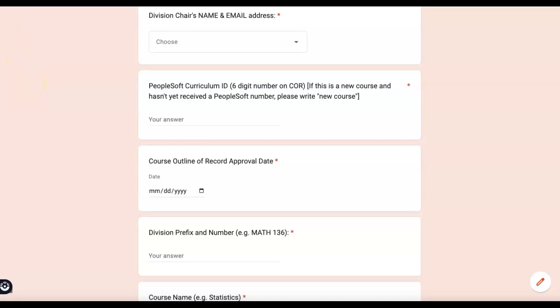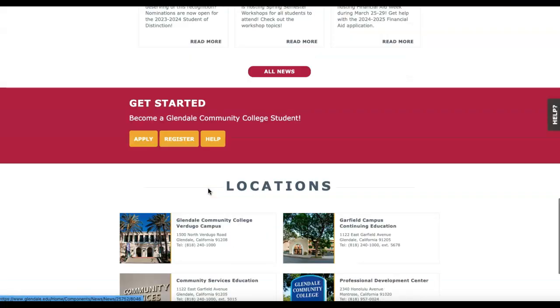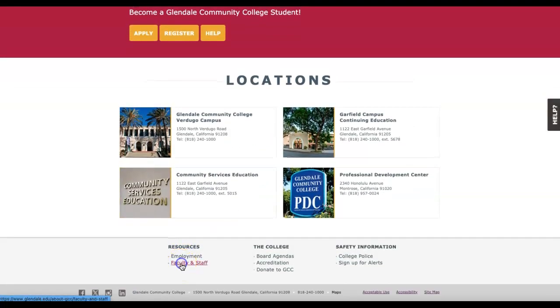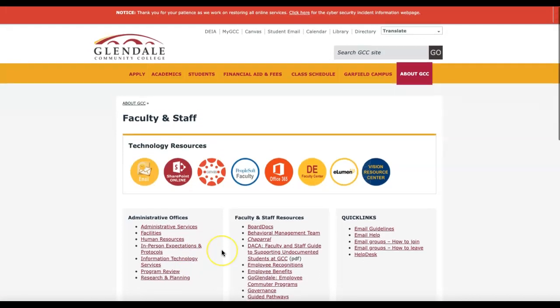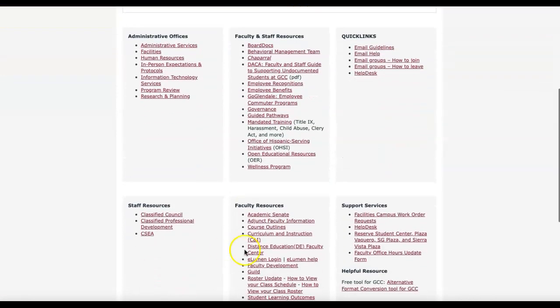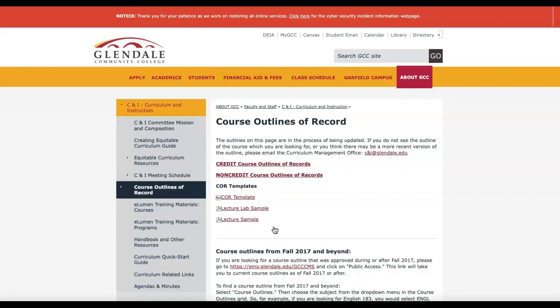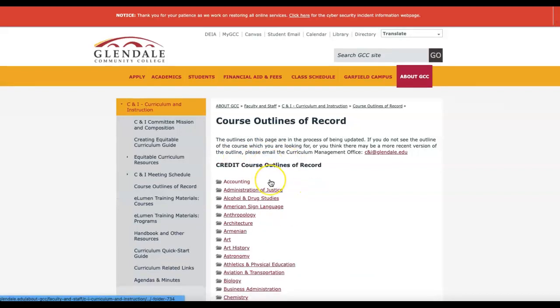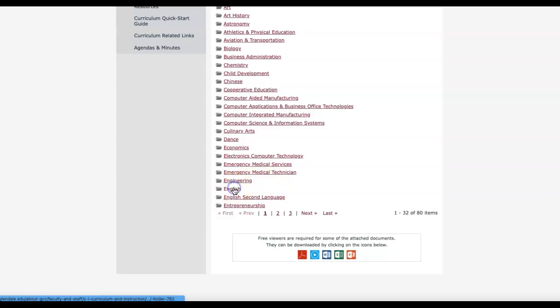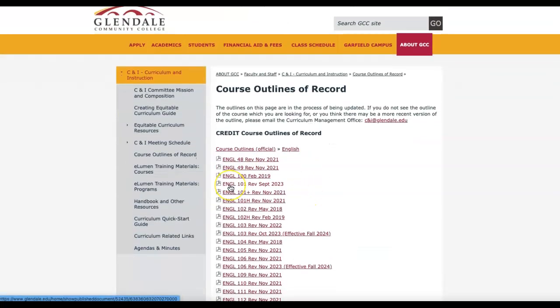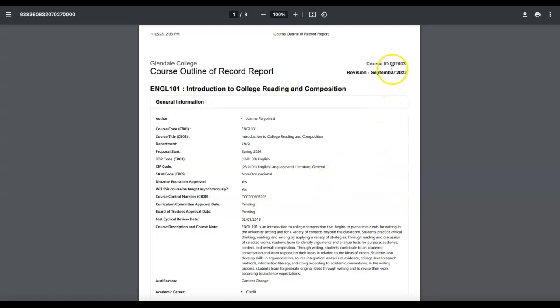So let's look at that. From the GCC homepage, as usual, you go into faculty and staff, and then you find the resources for CNI right here, curriculum and instruction, but above it, course outlines of record. So for example, if you were going into a credit course, you would choose this link, and then I'll go into English simply because that's my division. I'll go ahead and look at this one, and the course ID is here,